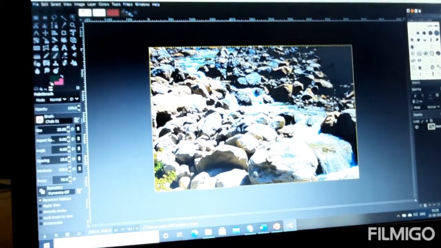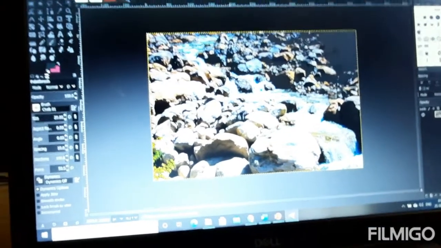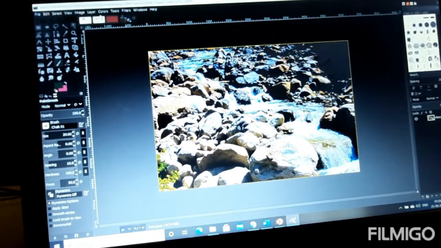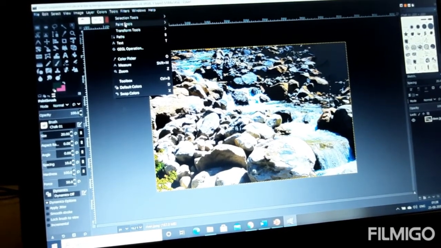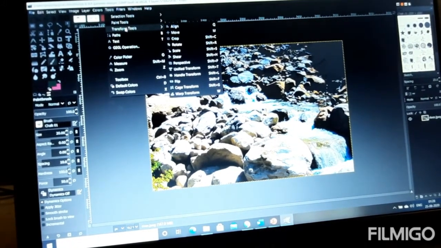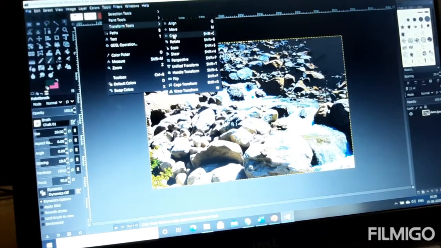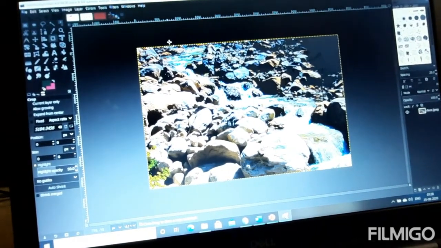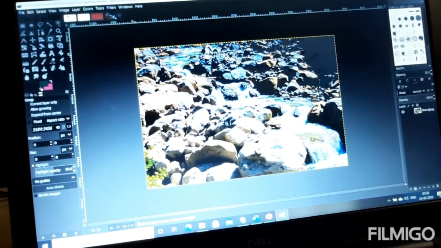Can you see this image? If I would like to crop this image, what I'll do, I'll go on tools option. From here I'll go on the transform tool. Okay, from there I will choose the crop option. Okay, so this kind of knife, you can see instead of the cursor it is showing a kind of knife.